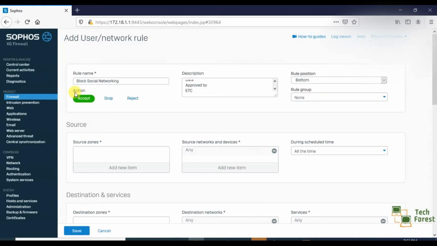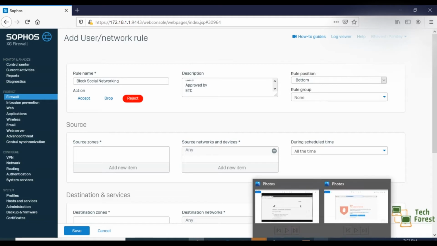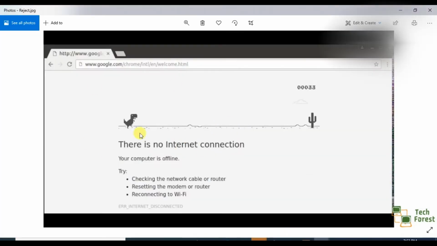On the left side it's asking the purpose of this rule, means do you want to allow the traffic, drop the traffic, or reject the traffic. There is a minor difference between drop and reject, don't get confused, let me explain. If you select the reject option, it will discard the traffic and it will show a message to the end user like internet is not working.